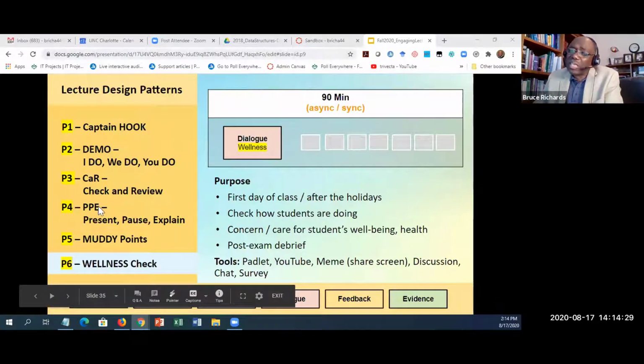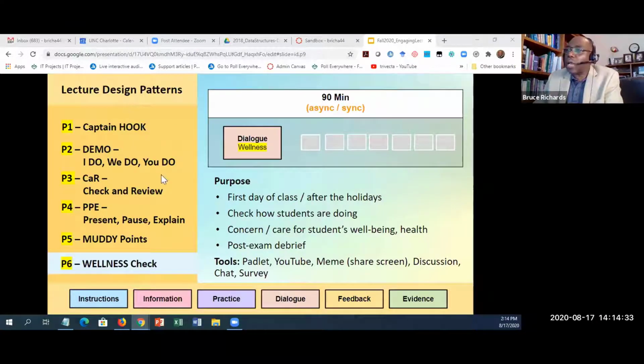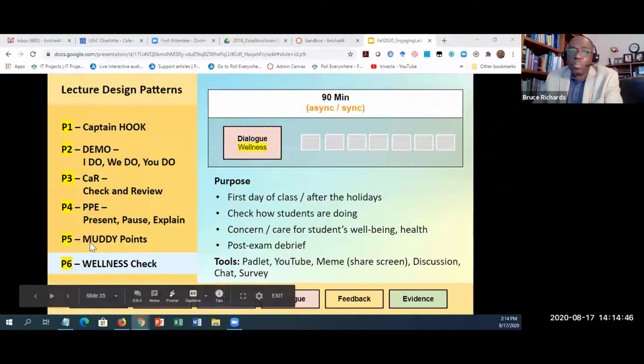So those are the 6 items, the 6 design patterns that you can utilize. And we're not saying, for instance, Captain Hook, that you use Captain Hook right across, but consider this. For my class, I could decide to use Captain Hook, check and review, muddy points.